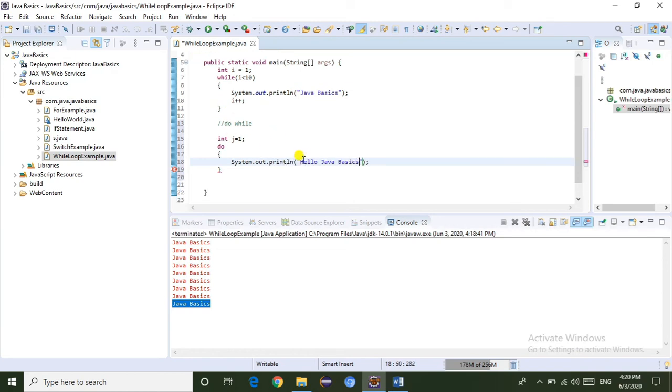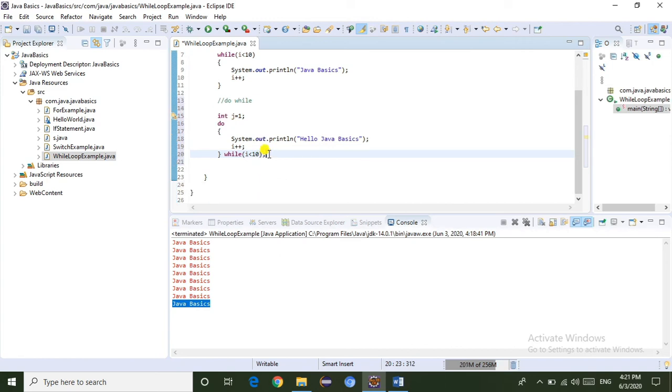If you observe system.out.println, I am adding hello because this is the do while loop, and here I am incrementing the j value, and here I am writing while j less than 10, and just keep the semicolon here.